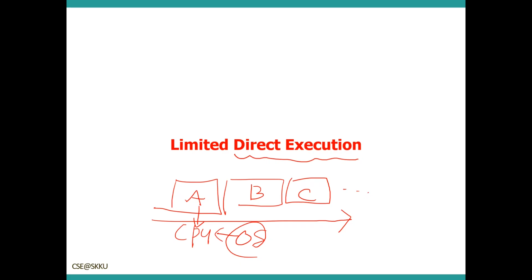Without control, a process could simply run forever and take over the machine or access information that it should not be allowed to access. So we need the limited direct execution technique. Obtaining high performance while maintaining control is one of the central challenges in building an operating system.